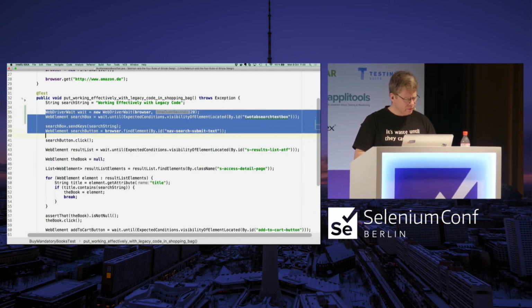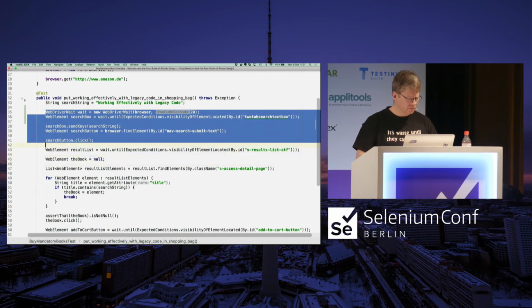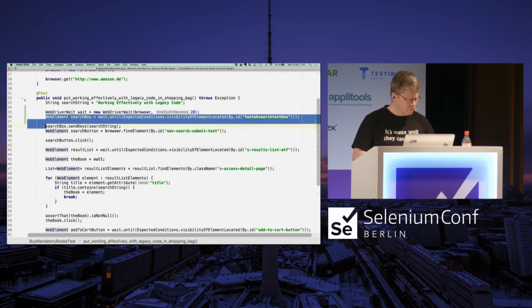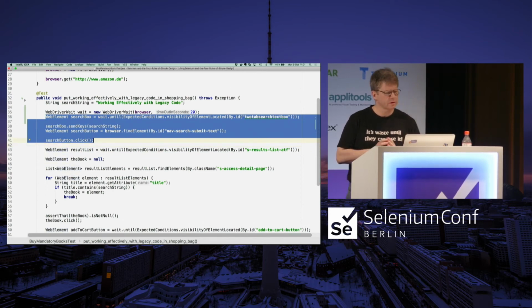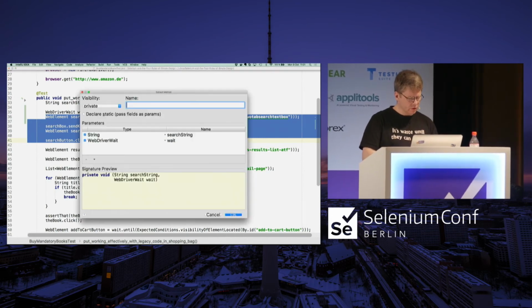It's probably better that it returns, I don't know, something. Perhaps that. And if I do it like this instead, that's better, because then I can reuse wait, and I will be able to search for product.